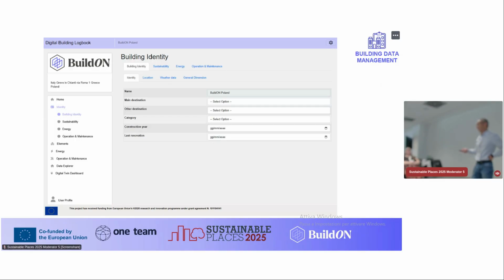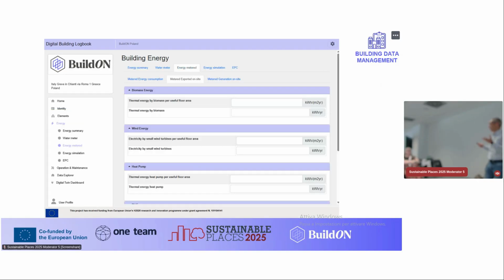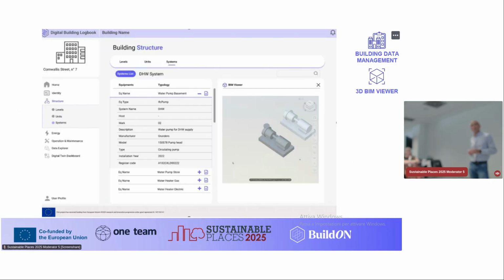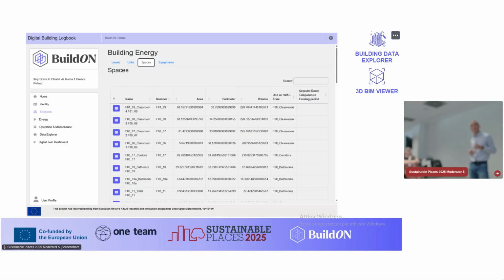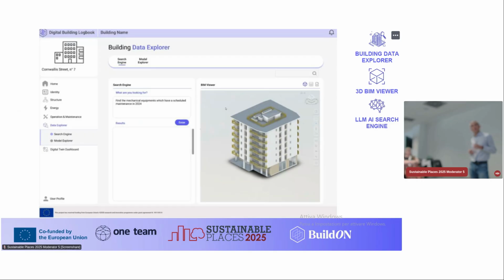Categorized data in building identity, where is the building, weather data, general dimensions, and the others like sustainability data, energy, how much I consume, how much I produce. And it's nothing new, nothing exceptional about what kind of data we have inside. And we create this sort of interface. But what is important for us, and what we worked on so much in these 2 years of work, is that we create